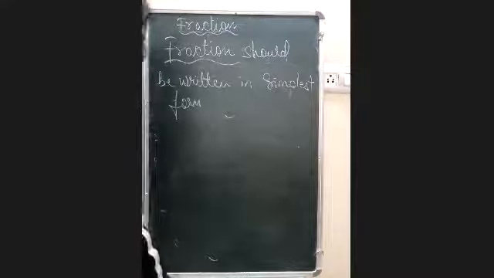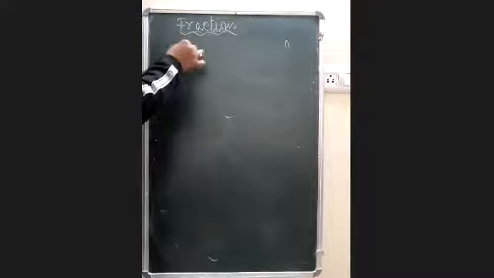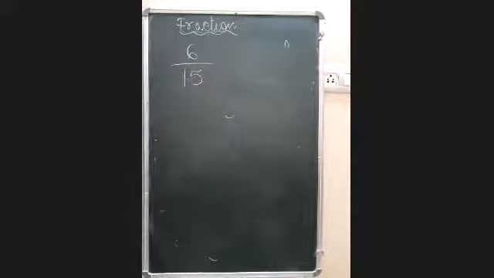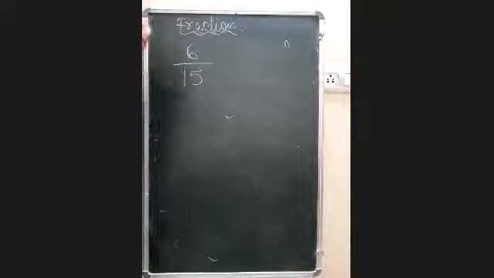Always remember, standard form or simplest form means that if the number comes like 6 by 15, this is not the simplest form. Why? The simplest form says that the HCF of numerator and denominator should be only 1. It means that no number should be there which can cut both numbers. Nothing should cut it. But here if you check, both the numbers are in the table of 3. So this number is not written in simplest form. You have to cut it and solve it.